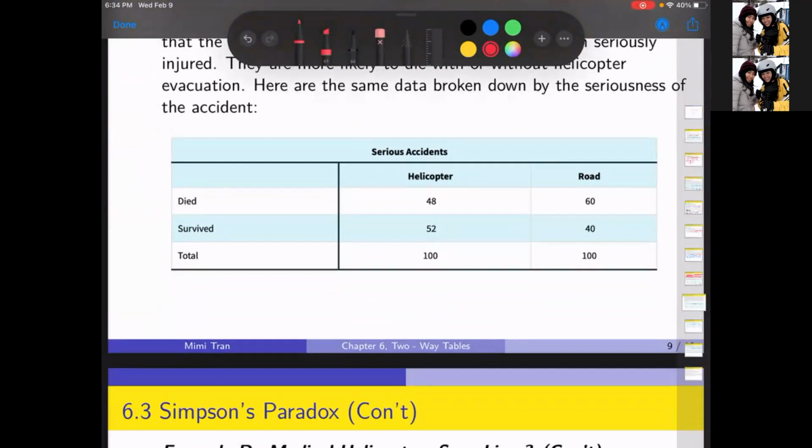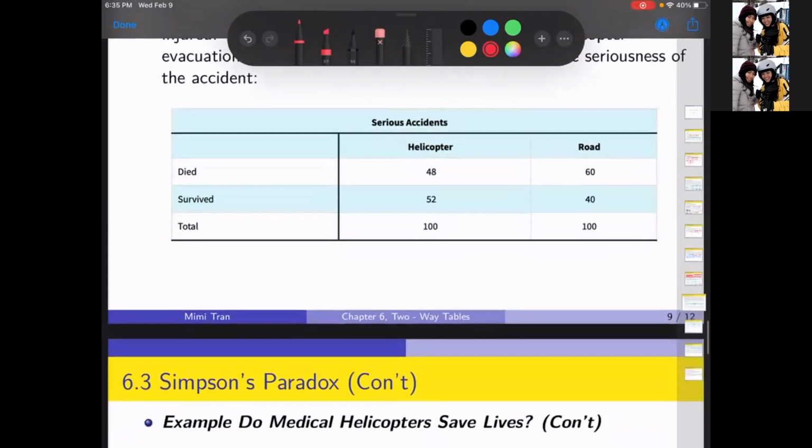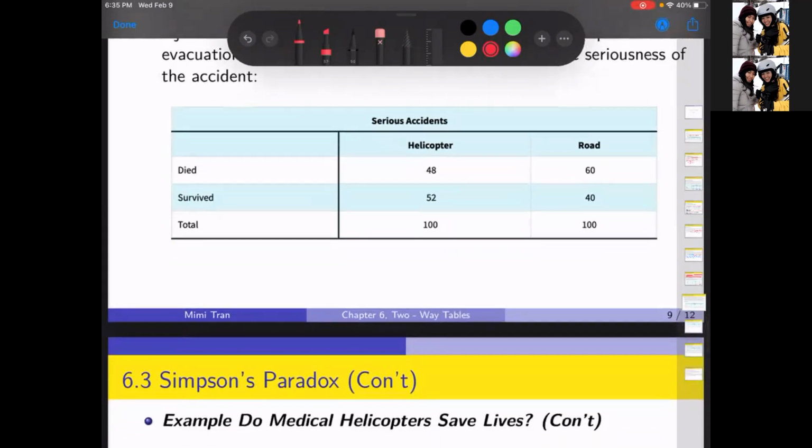They need medical attention right away, and those serious accidents usually have a high chance of death. So that's why, at first glance, it looks like people who use helicopter transportation are likely to die, not because of the helicopter, but because they usually have more